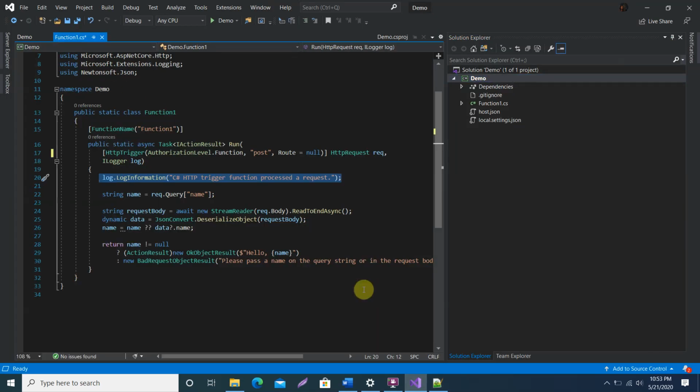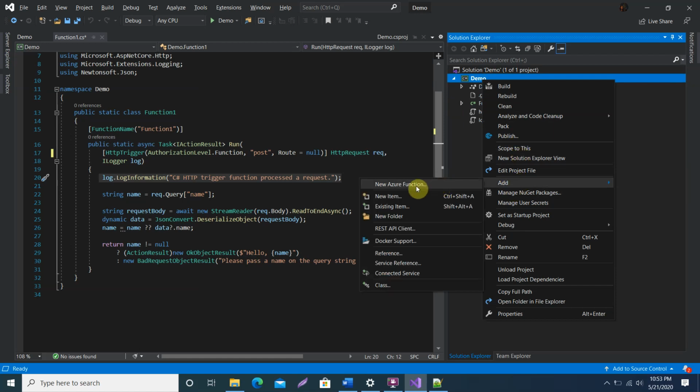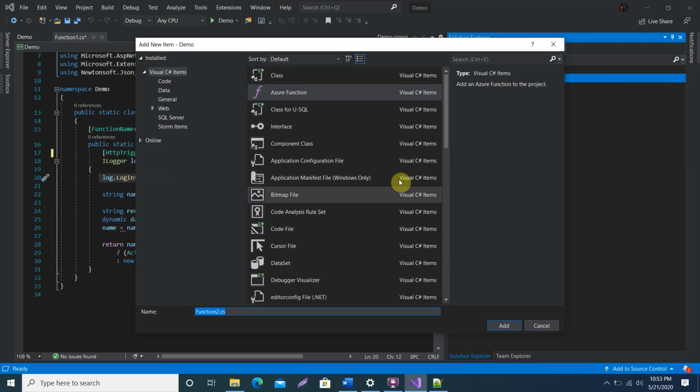Similarly guys, if you want to create another Azure function, which is the Service Bus trigger Azure function, you can right click on your project, click on New Azure Function, and then choose a function. The name of this function I will give as ServiceBus Azure function.